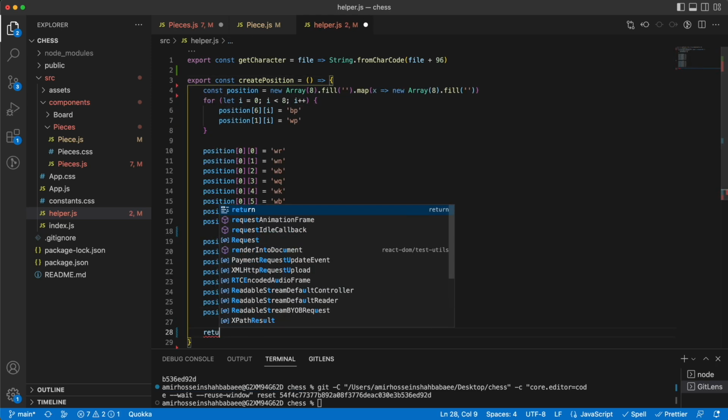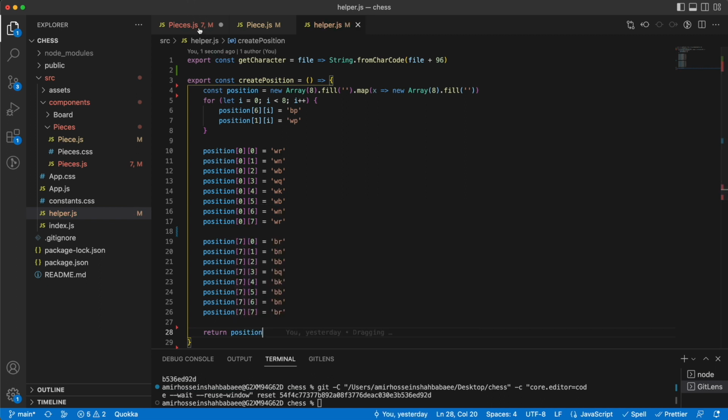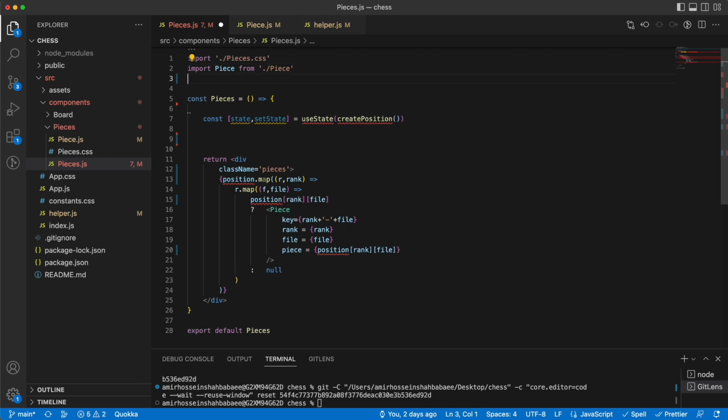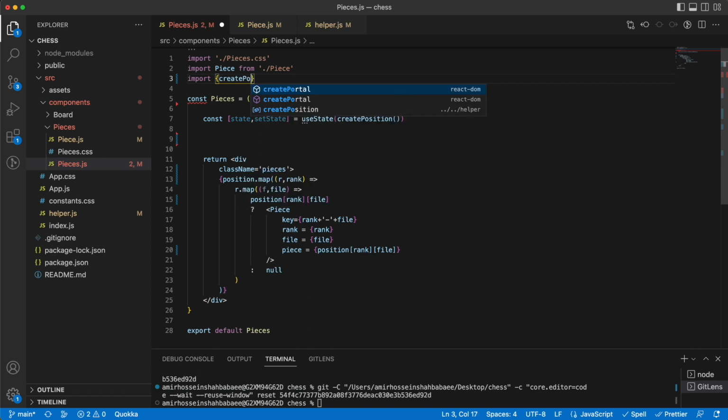And in the end I will just return the position. So the only thing here is that I need to import it. So import create position from helper,